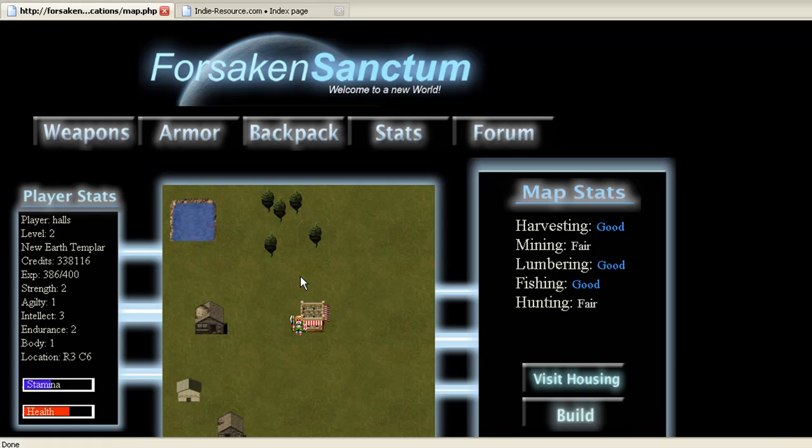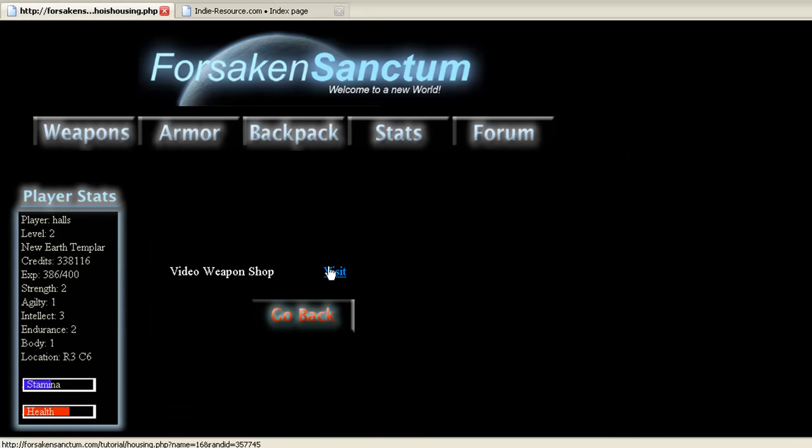I never really prettied up a whole lot of this game. I used a lot of graphics that I was going to change later, so that's something you guys can actually do. I'm going to show you how to do a lot of that and really make this game unique. Then you can actually go in and visit your housing,